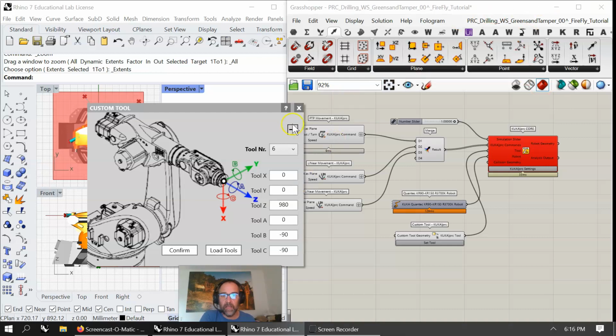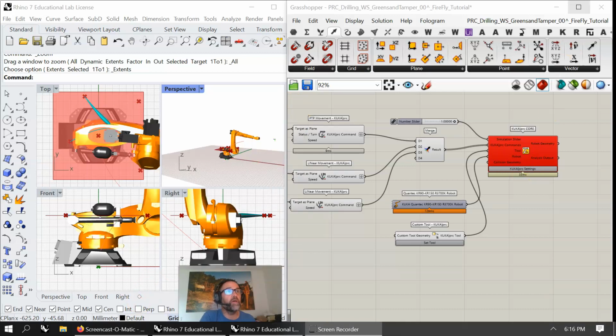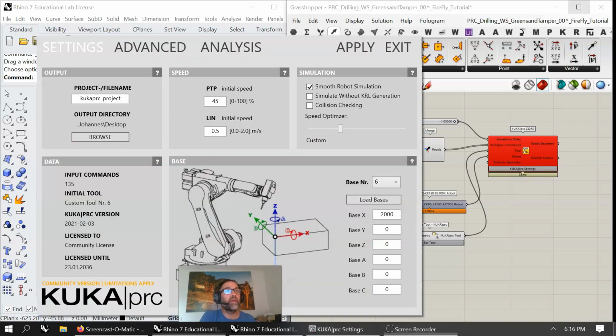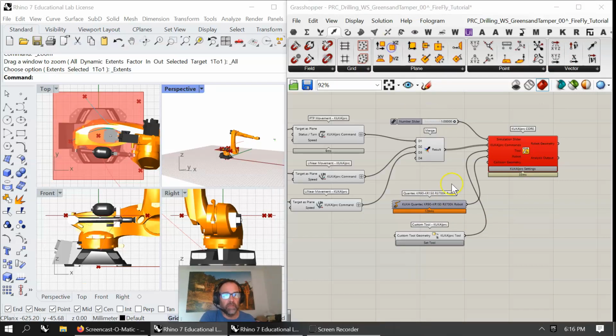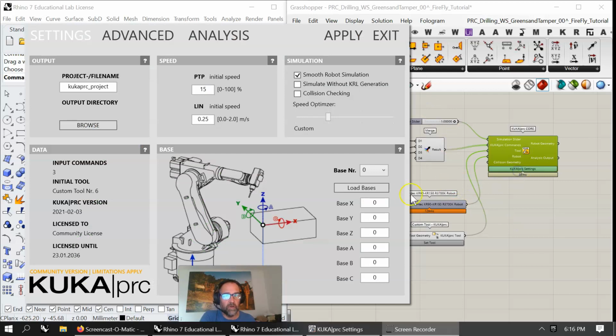And then let me leave this one, confirm and exit, confirm and exit. And the KUKA, let me go up and see what settings I had on it. 2000 at the base X is going to move it out of the way. So I'm going to move that over here and orient that 2000. I don't have a real robot, and this is all for augmented reality in my backyard. So once I get in here and learn how to type,